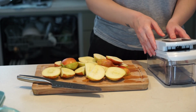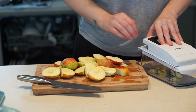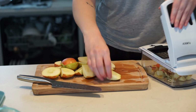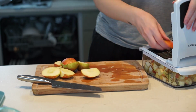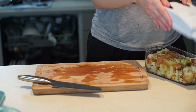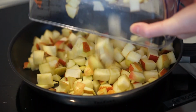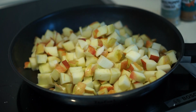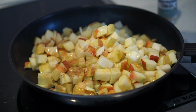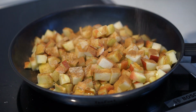To top the oatmeal, I usually make these spiced apples or bananas. I bought a dicer solely for this purpose because I make this so often. I then fry the apples with honey, cinnamon and cardamom until they are soft, but not too soft. I still want a bit of a crunch. And once they form this sort of glaze,